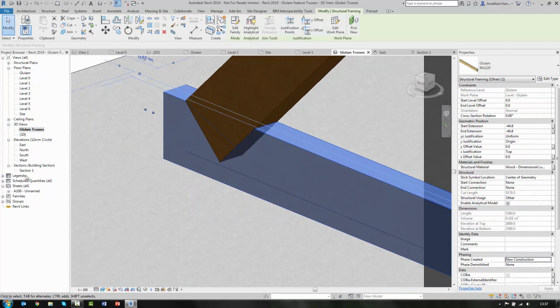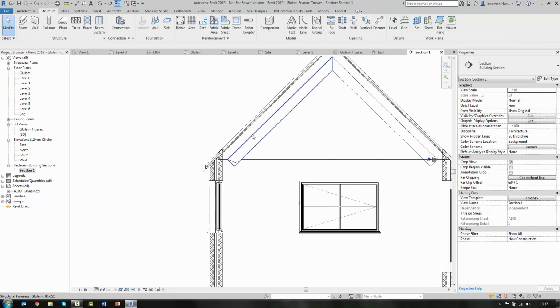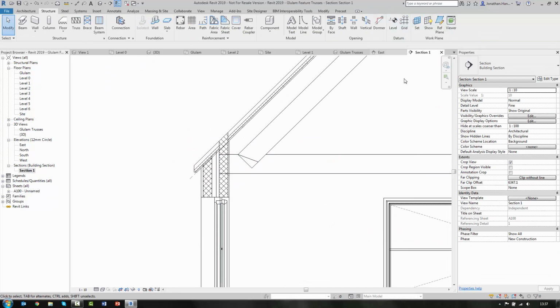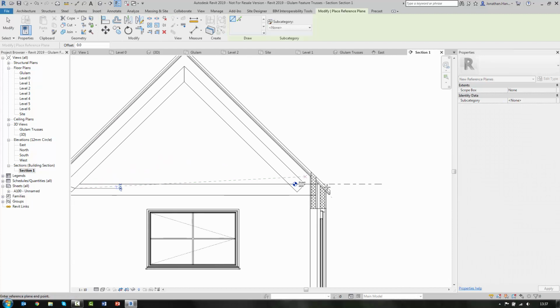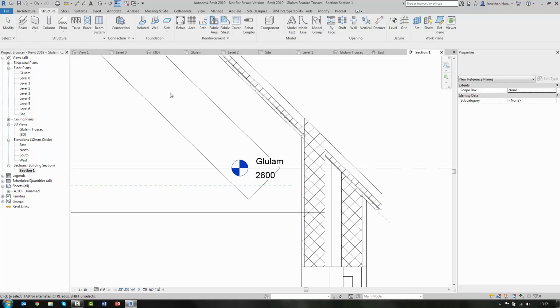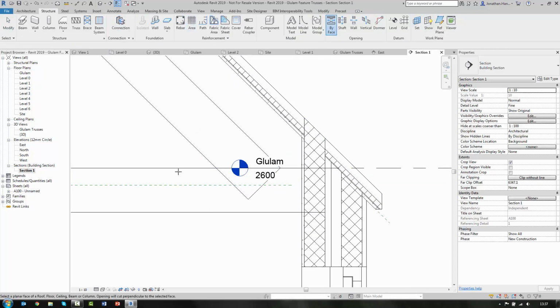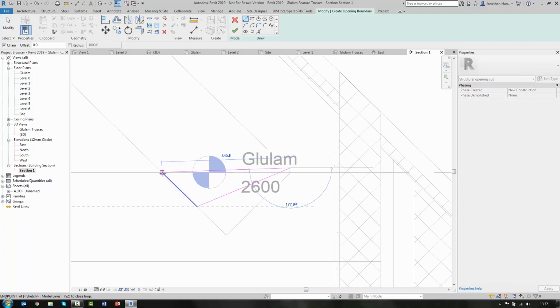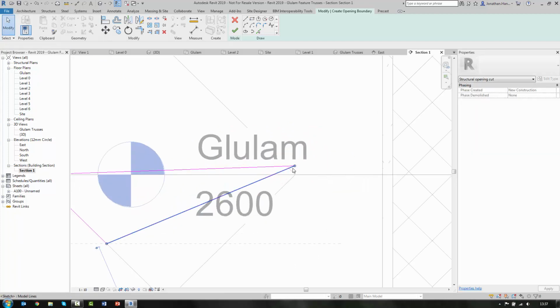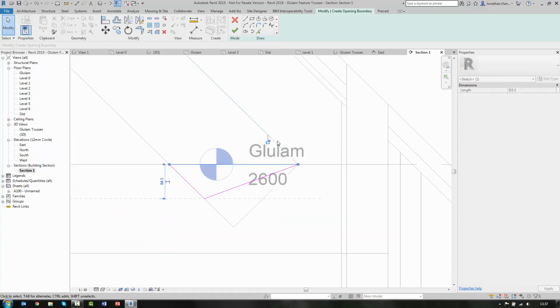And then if we go to our section again, I do a similar notch. I can just take a reference point across from there so I can get the distances correct, and then again it's an opening by face, select it, and then from there to there, just be a little bit more accurate here, so that's coming down to that point there,